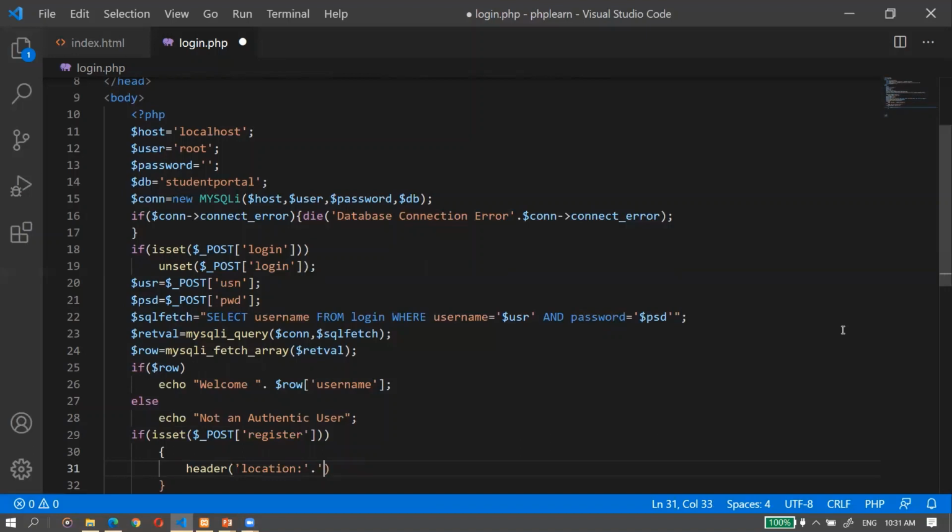There is a page sign up, so I am navigating this to sign up. If the user has pressed the register button, it will go to the sign up page. So I am giving the path: php learn, sign up .html. Although we have not made a registration form, you can make a registration form and save it with the name signup, and then you can give it here, signup.html.